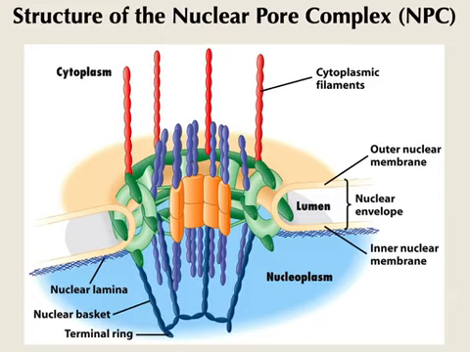Okay, so in cartoon form, this is how it looks. Here you see the cytosolic side, these so-called cytoplasmic filaments, the basket, terminal ring, etc., etc. Big macromolecular complex. Quite frankly, do I need you to remember a lot of details about this? Not really, right? Just to be able to think about the concepts. And the one thing that I want to illustrate with this particular image here is